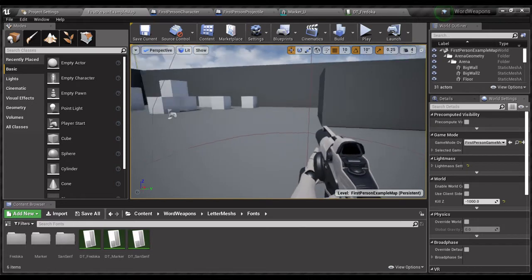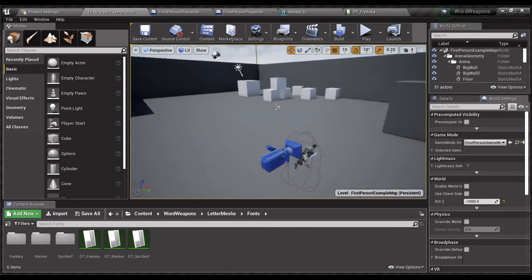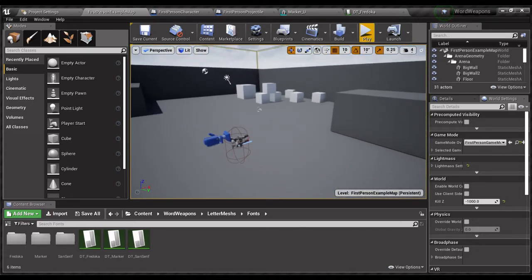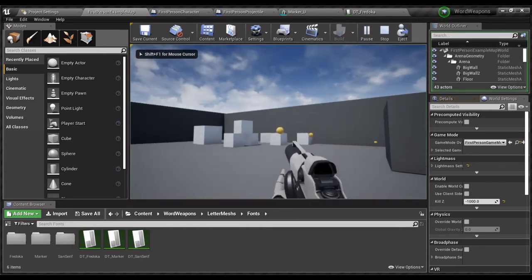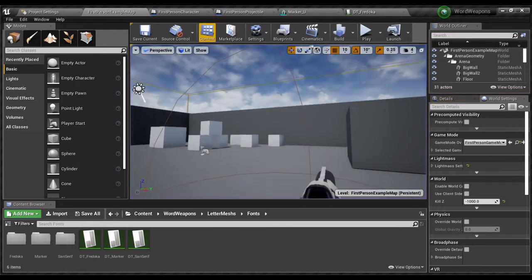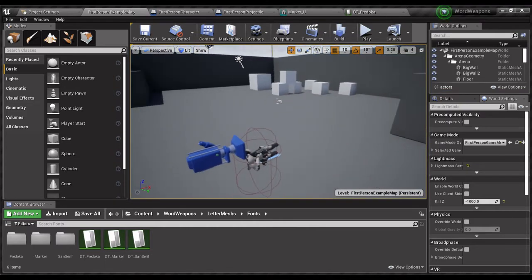We have here the very basic first-person shooter template. It's built into the Unreal Engine and you've probably seen it and used it before. No customization at the moment. And let's quickly add the word weapon